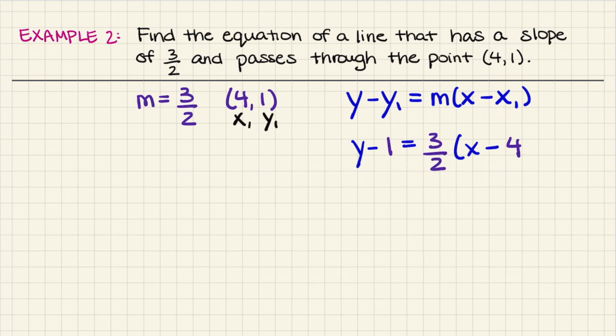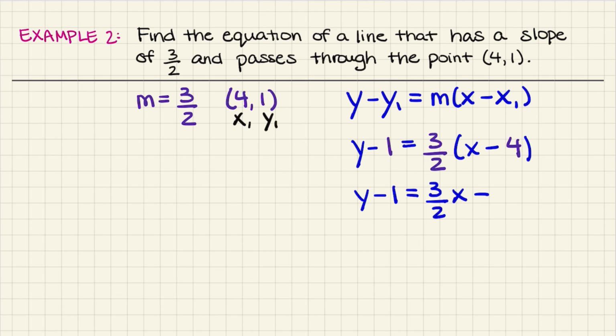So x minus 4. Now we're going to simplify this. So we start with 3/2 times x, and we distribute it to everything in the parentheses, so times -4. So we have y minus 1 equals 3/2 times x is 3/2 x,